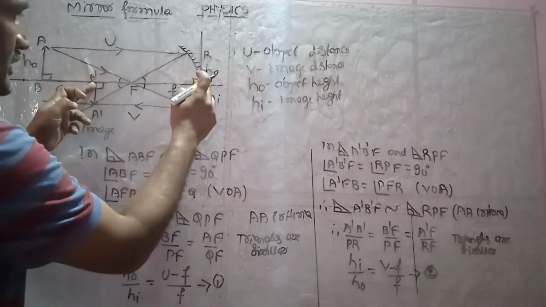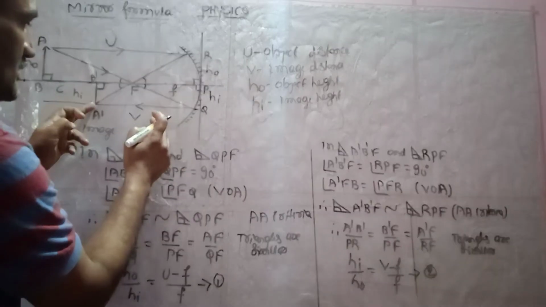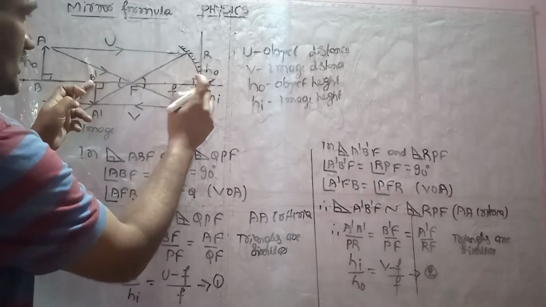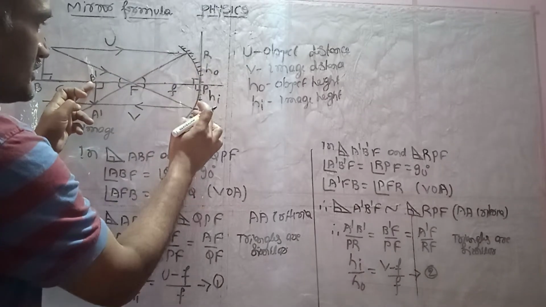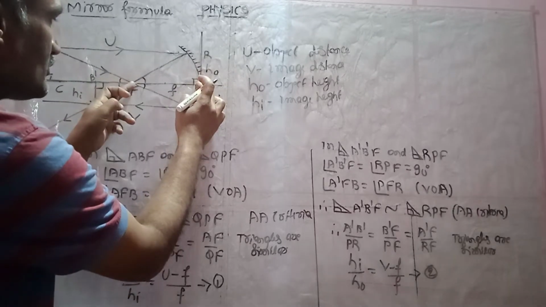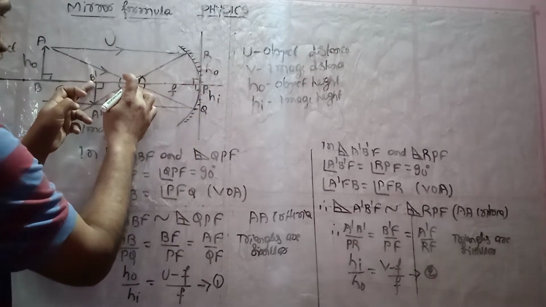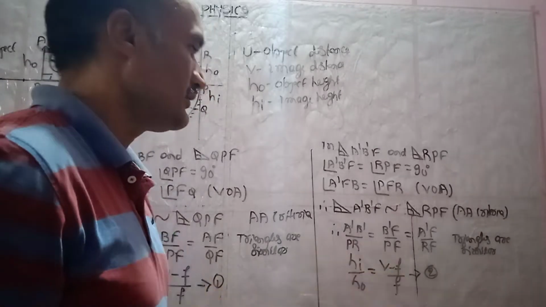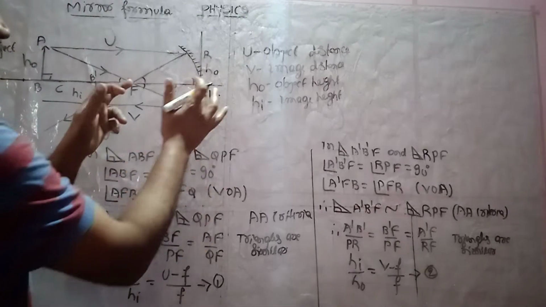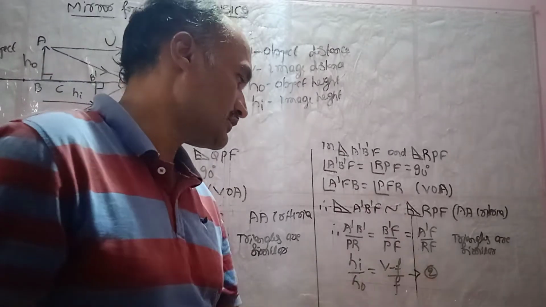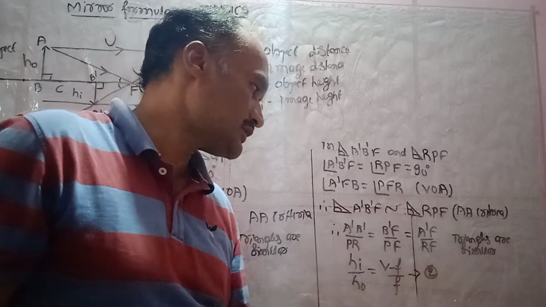So here to here we know, dear student, is the image distance. This is image distance up to here. In that this much distance, focal length, if you subtract, you will get this much distance. That is B dash F is nothing but V minus F divided by PF. We know PF is nothing but focal length. So this is expression 2. Compare expression 1 and 2.